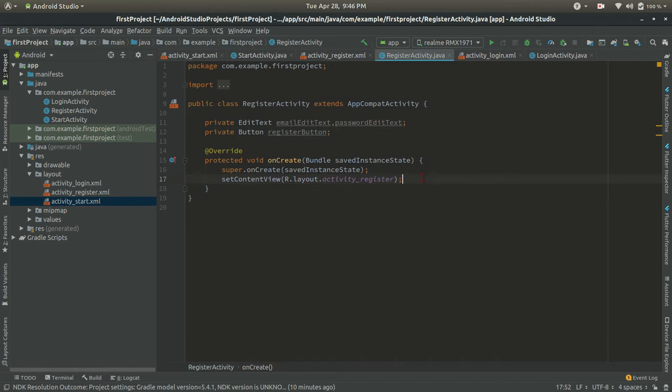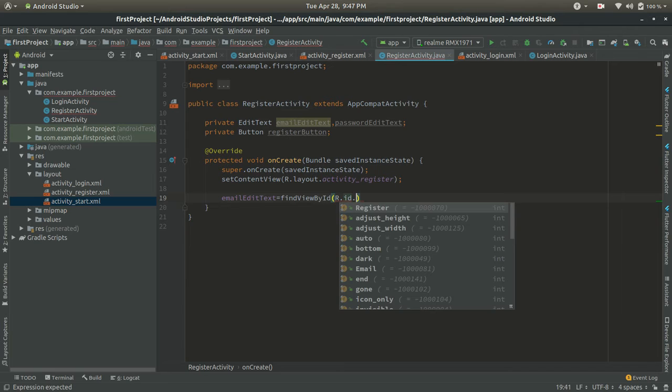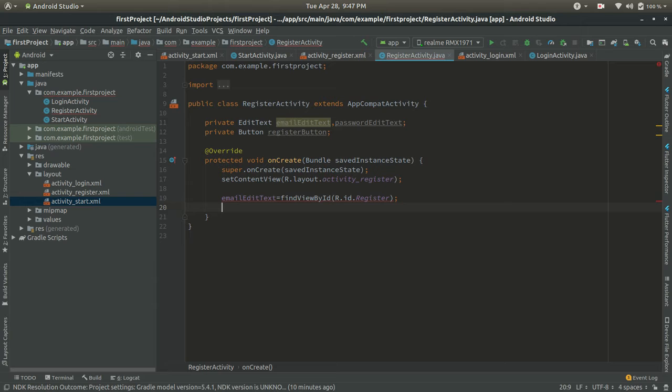So now we will create the find by ID. So the email edit text equal to find by ID, and the R.id dot the ID which is given in the activity register.xml file. So the register, that is the email.